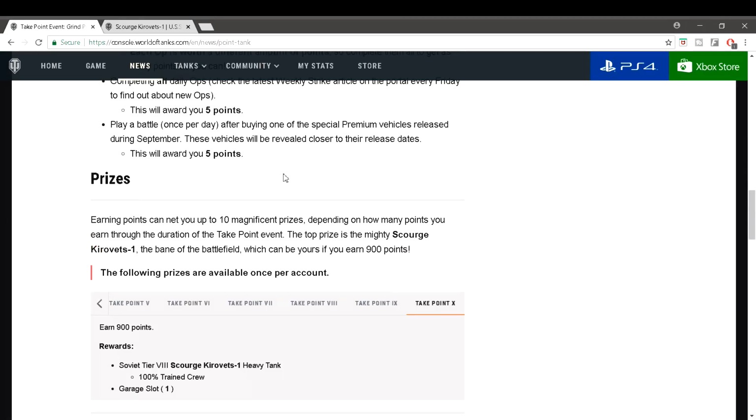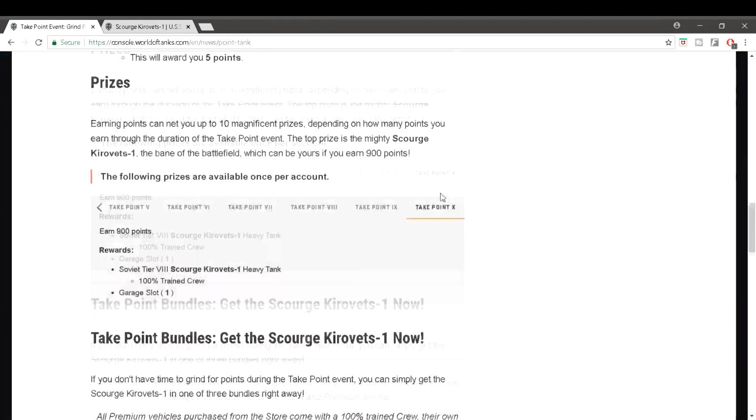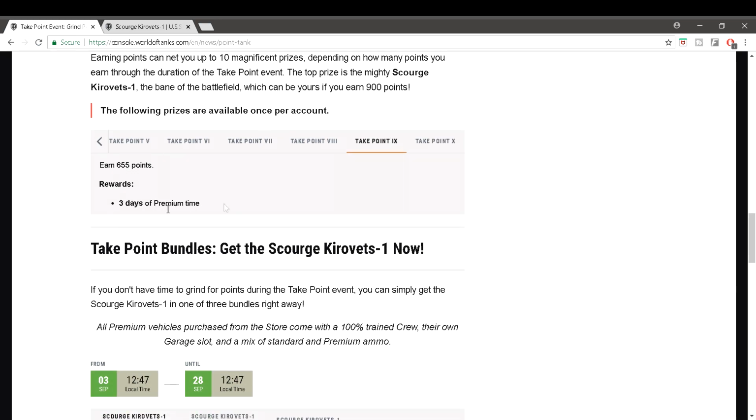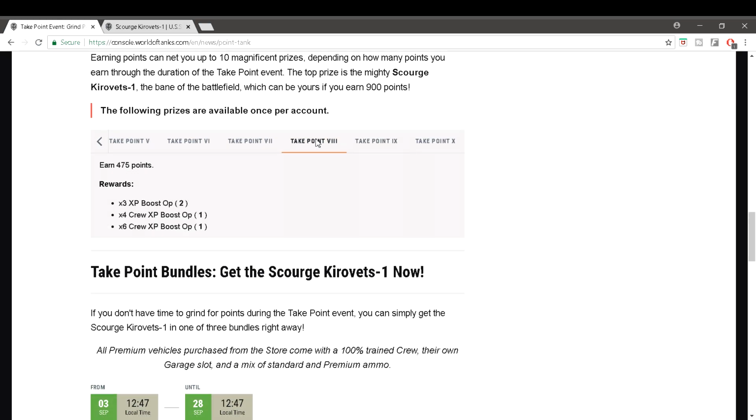After doing all of that, you're going to hope that it takes you over 900 points, which is the magic number in order to earn the Scourge Kirovets-1 Russian heavy tank at tier 8. It comes with a 100% trained crew and also 1 garage slot, so you don't have to buy any of that extra stuff. And if you manage to do that, you will receive 3 days of premium along with it,